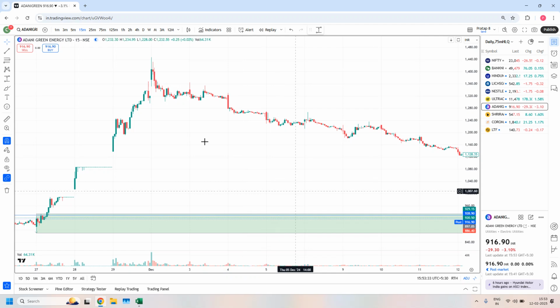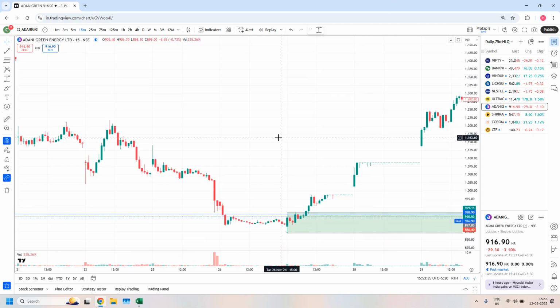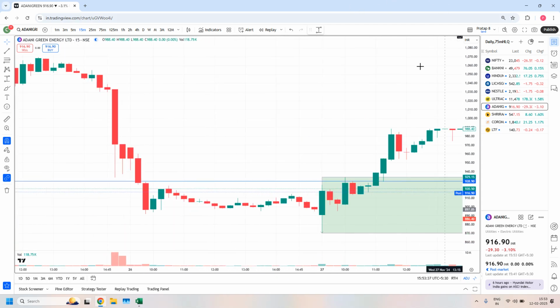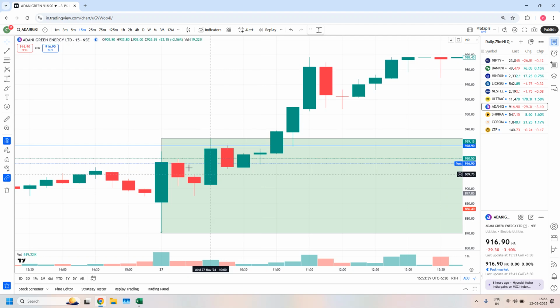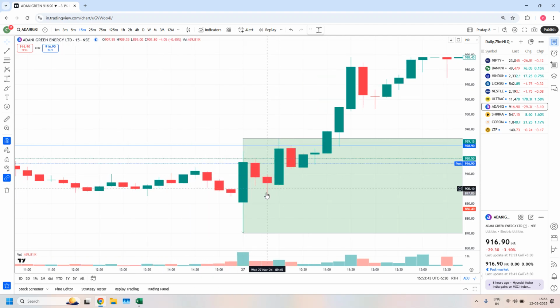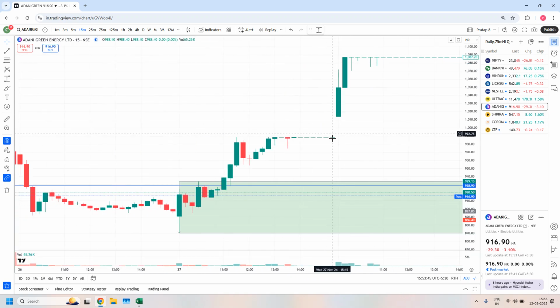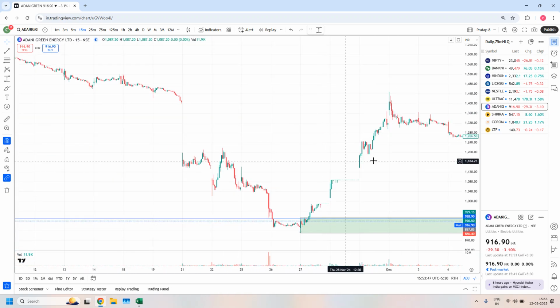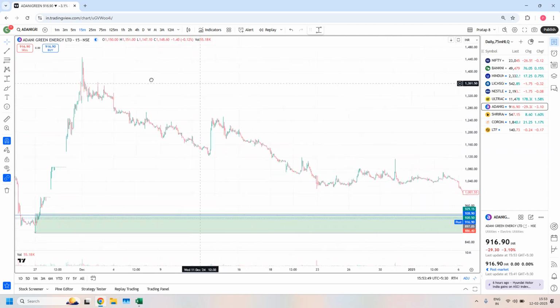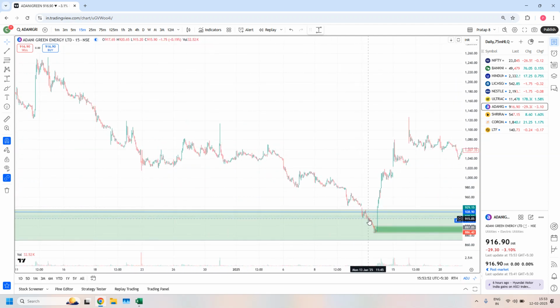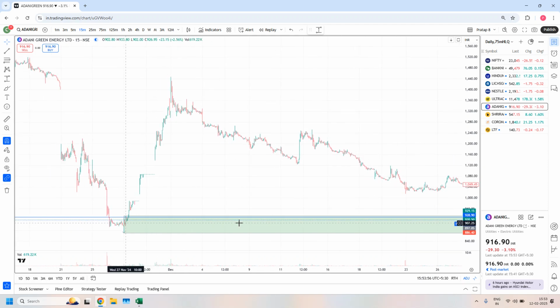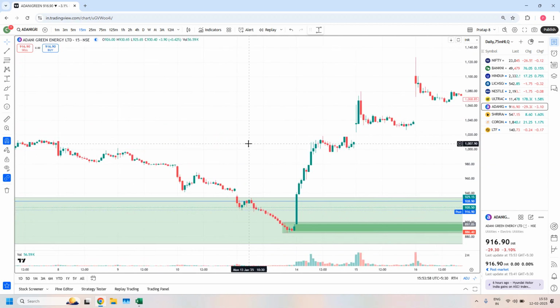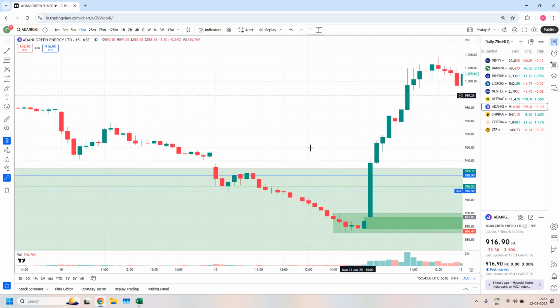In this area, we don't have a proper 15-minute structure. We have a rally base, a rally is there, but this one is already violated earlier in the previous price action. Here, see, there was a price action here. In that price action, this one is violated. So that's why in the latest price action, you need to look for